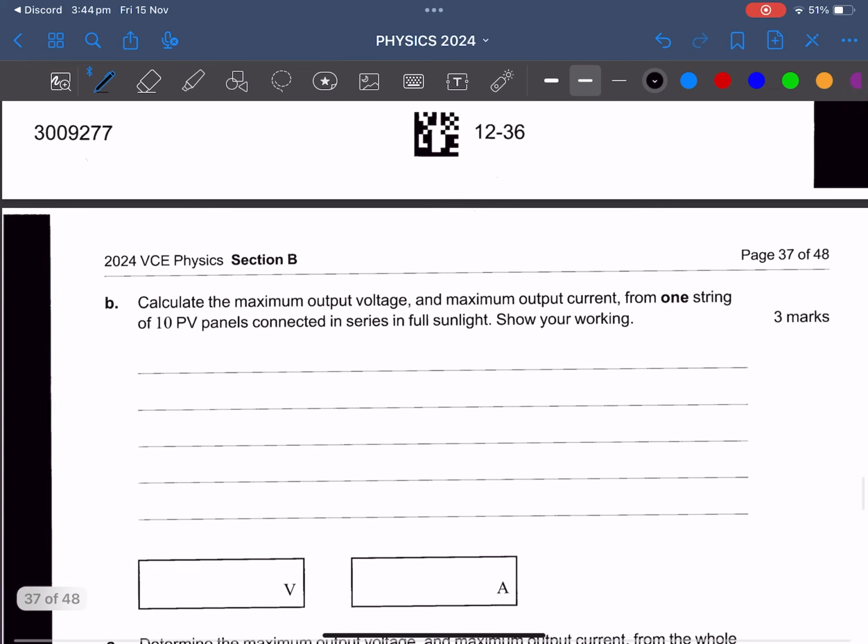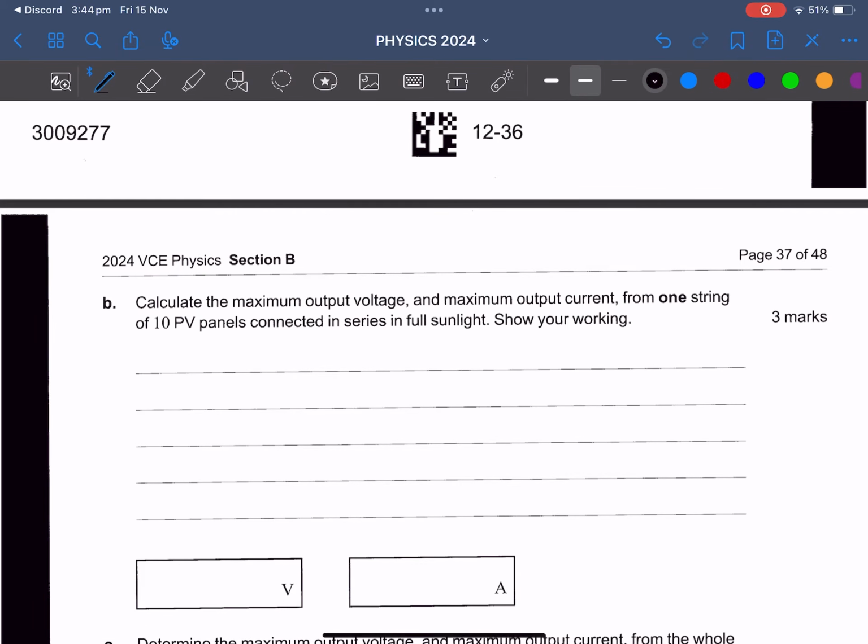Okay, calculate the maximum output voltage and maximum output current from one string of 10 PV panels connected in series in full sunlight. Show your working. So now we are working with individual